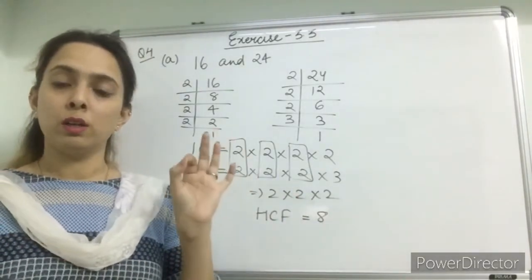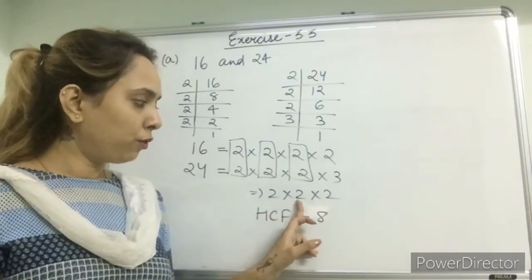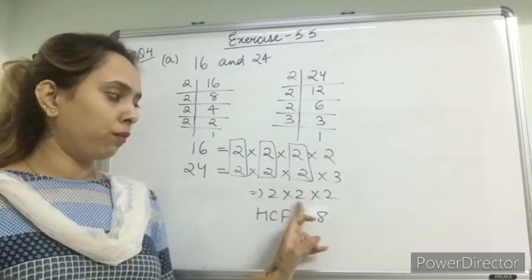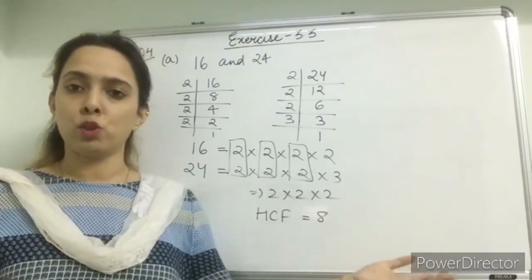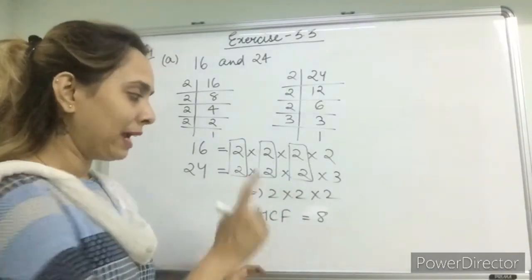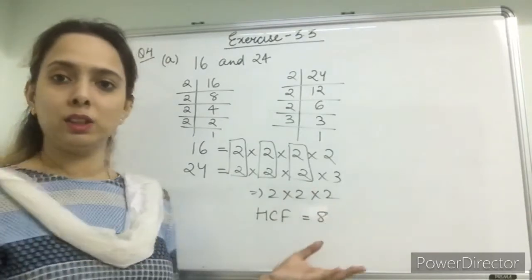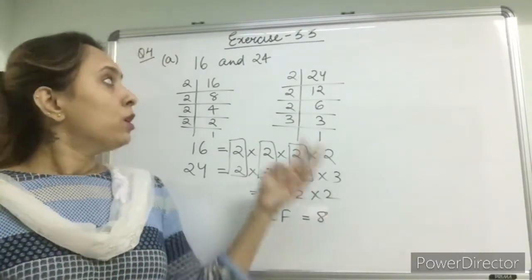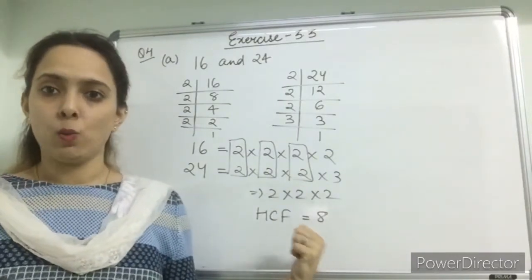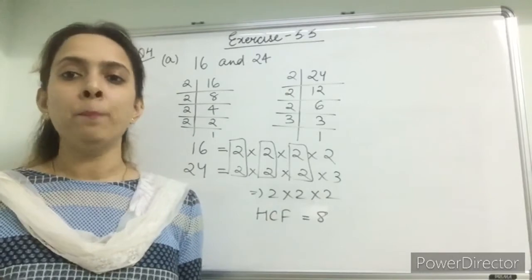Students, do not go for shortcuts. 2 twos are 4, 4 twos are 8. Do not write 2 twos are 4 and then, like most of you, write 6 here. Do not do it like this. Always multiply each number. 2 twos are 4 and 4 twos are 8. This is the highest common factor for these two numbers, and this is the highest number which divides these two numbers exactly without leaving any remainder.